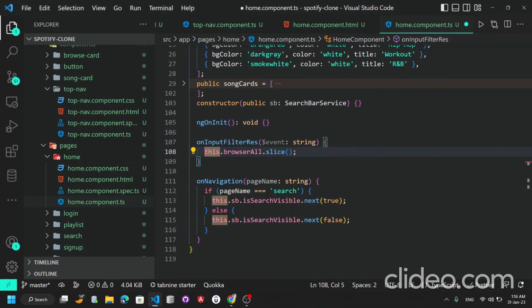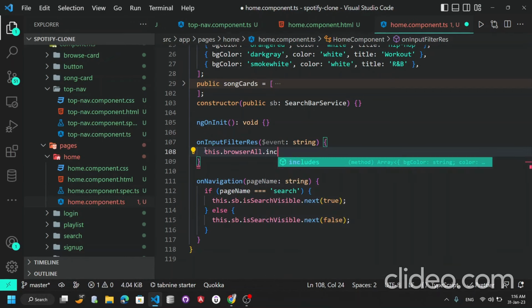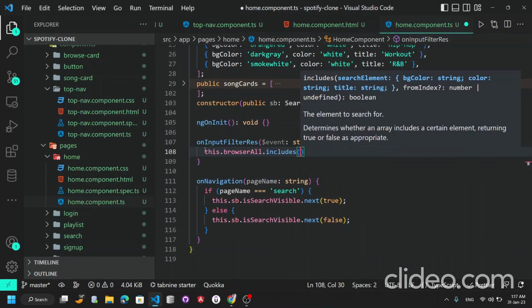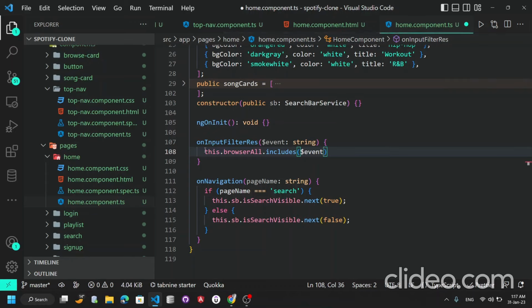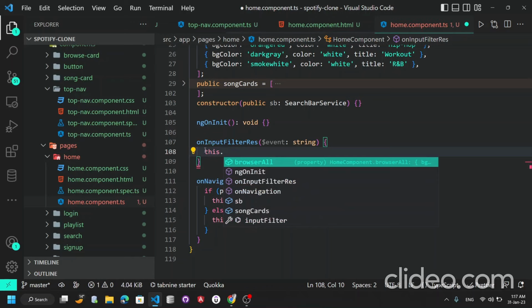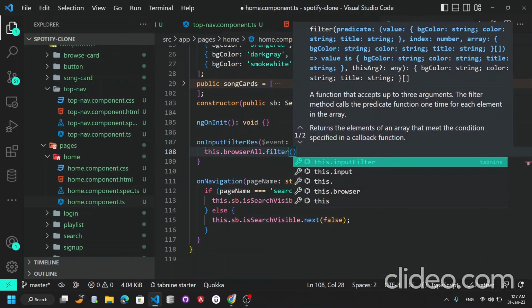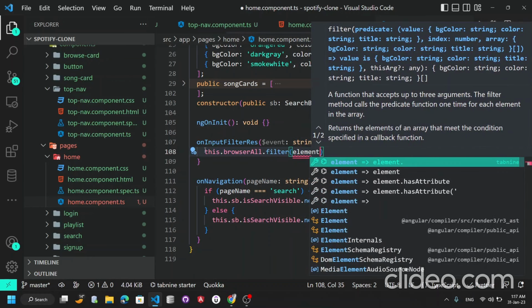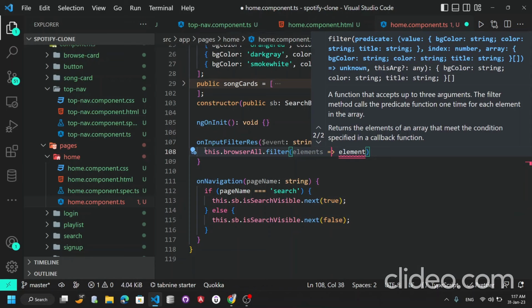Or there's another thing, you can also check for the truthy thing as well. Let's say if I do this.browse.includes, and what it includes, $event. Okay, but actually we want to find on the actual array, so we can do the browse.filter. Okay, here we are going to get the elements, and we want that if the element, let's do this element